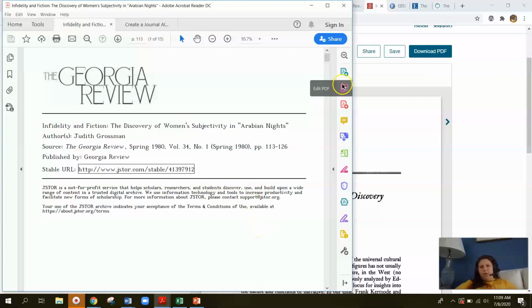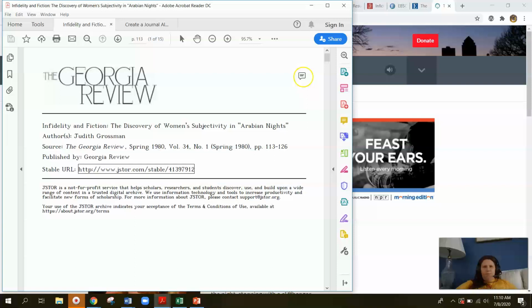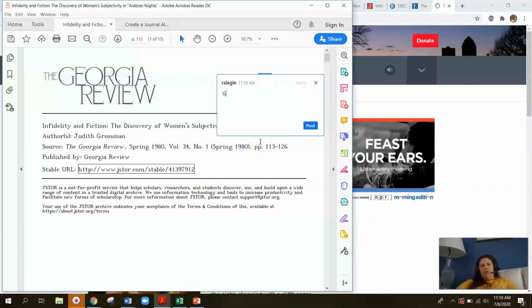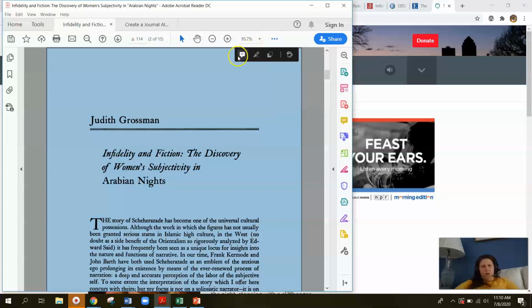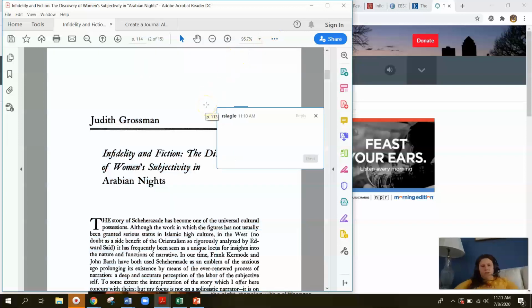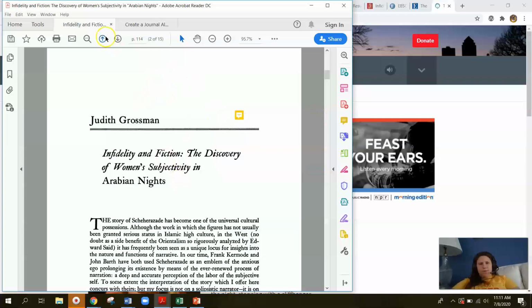So you can come in and put a sticky note. It's a great way to keep notes. You can make separate sticky notes on different pages that maybe summarize a quote you like. Make sure you have the page notes you want, and by having it downloaded onto your computer, you can save these notes as you do your research.